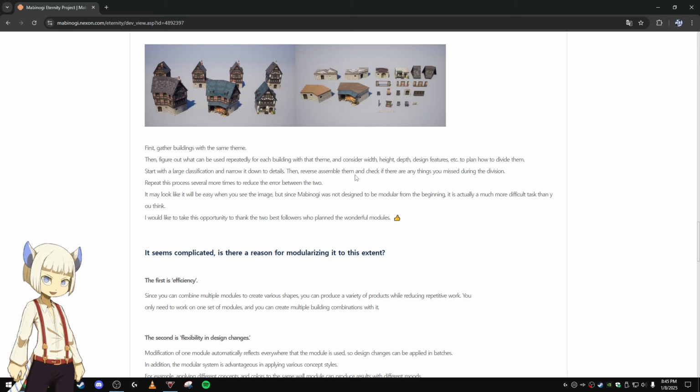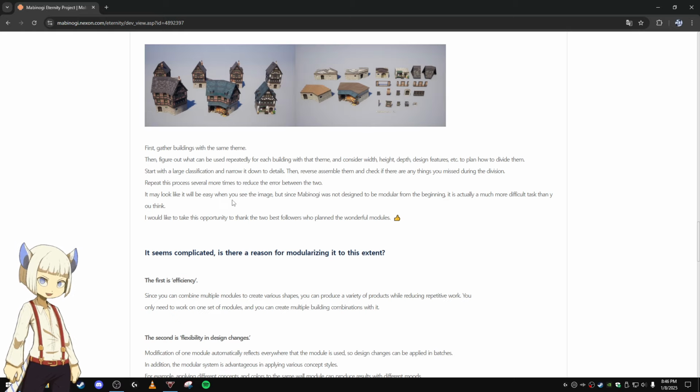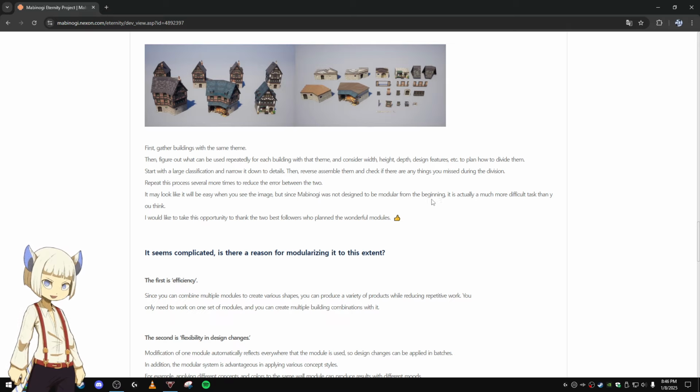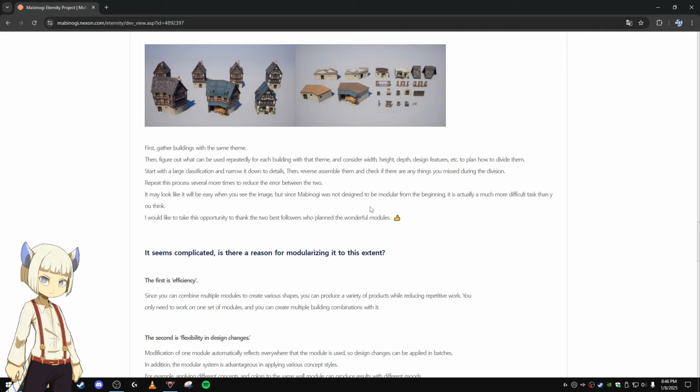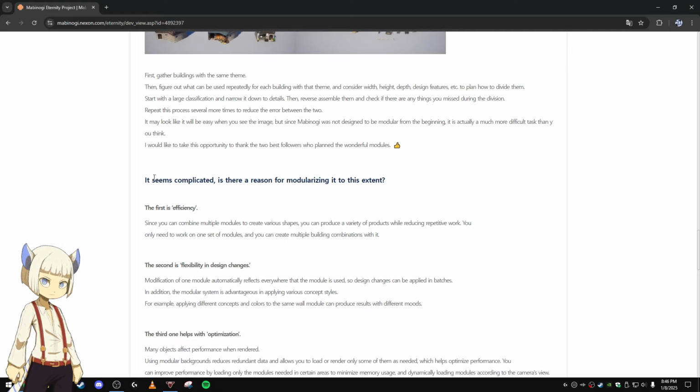Then reverse assemble them to check if there are any things you missed during the division. It may look like it will be easy when you see the image, but since Mabinogi was not designed to be modular from the beginning, it is actually much more difficult than you might think.